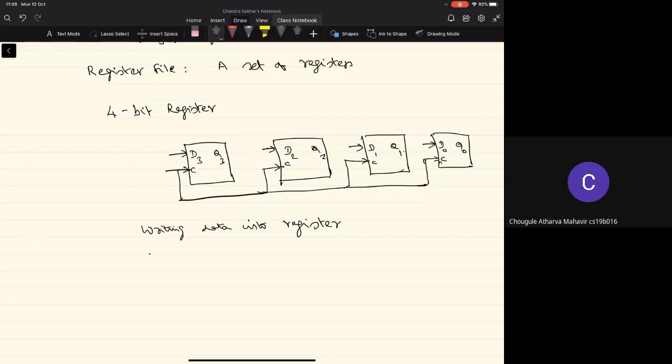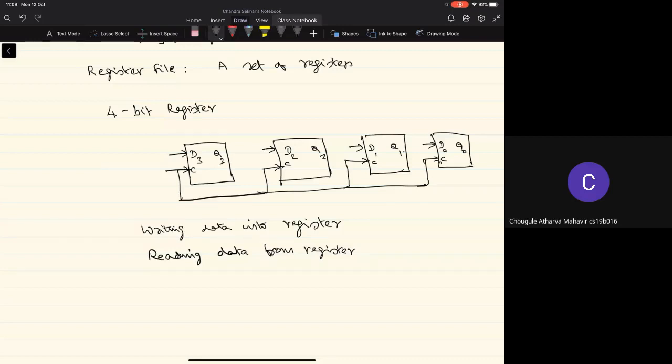Okay, and the other operation we are interested in is reading the data that's already stored in the register. So this will be called as the read operation, reading the data from a register, right?